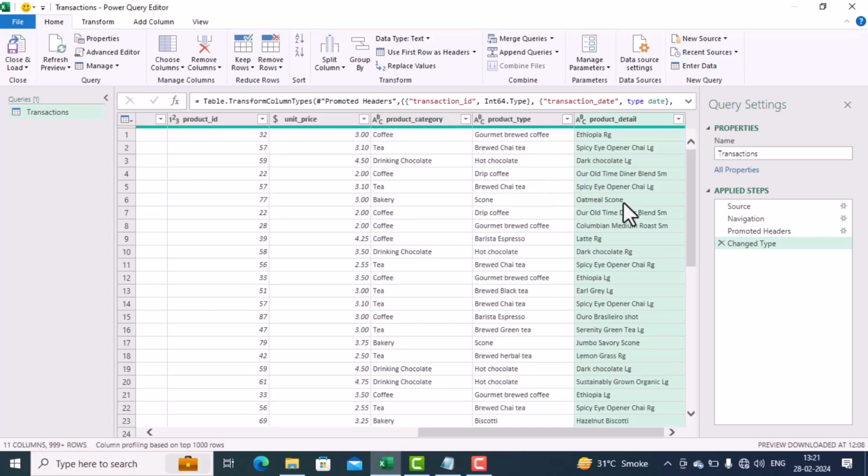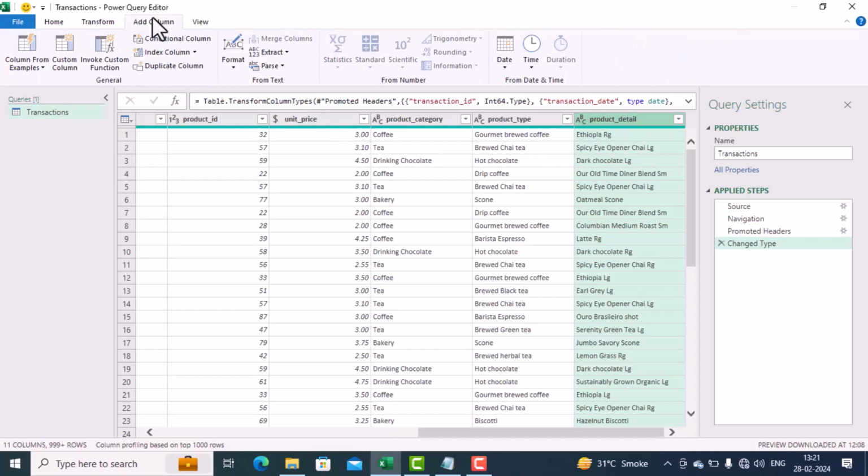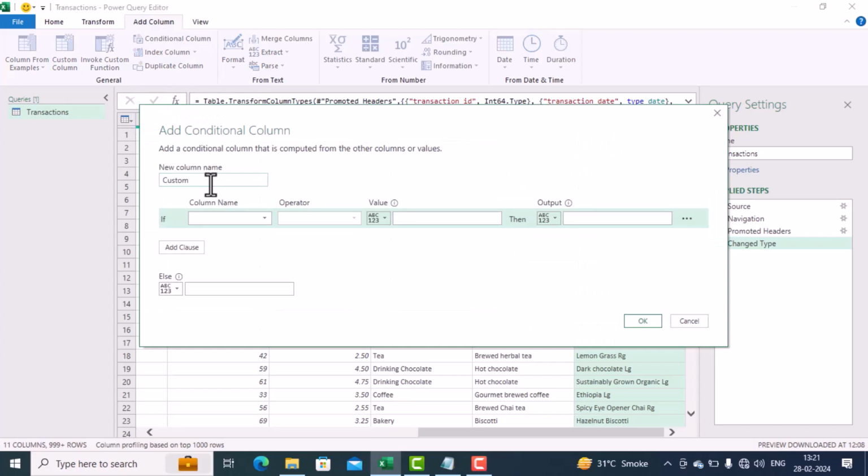Now, what we would like to do is we would like to create a separate column called as size. And in that column, I would like to extract RG, LG, SM, and where it is blank, I would like to substitute it with undefined. So let me show you how you can do that. So first we select the product detail column, then we click on add column, and then we select conditional column. In conditional column, we give the name to the column as size,